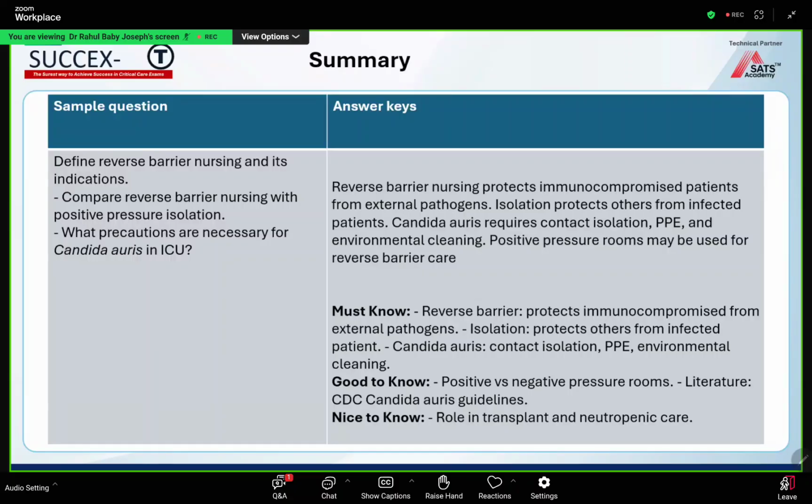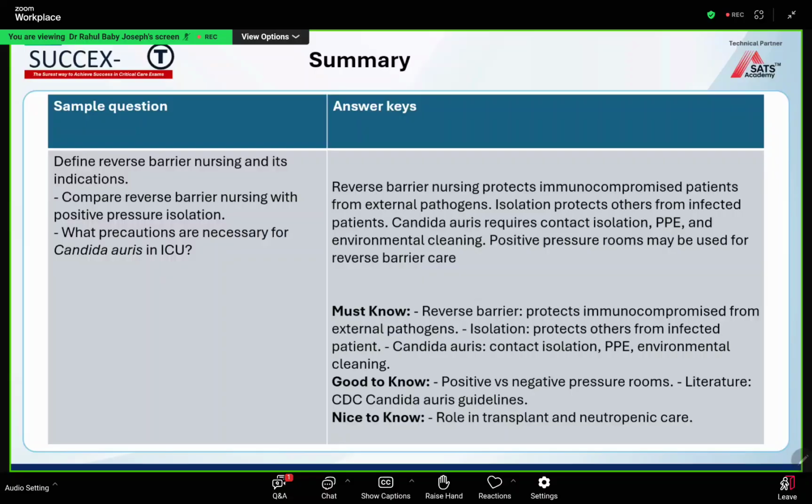But this is one of the most important topics, because almost 5-10 years before, every second paper would have a question on Clostridium difficile. But nowadays, Candida auris has become a bigger problem, and definitely Candida auris questions are expected. And predominantly, you know that it spreads just from one patient to other patients. Predominantly, we need more of a contact isolation than anything else. So that is the terminology you should use when you write,